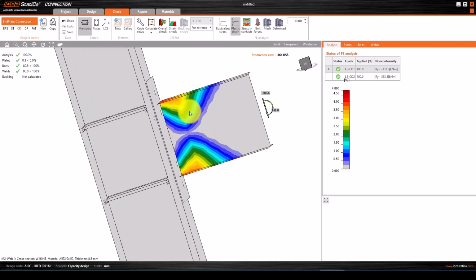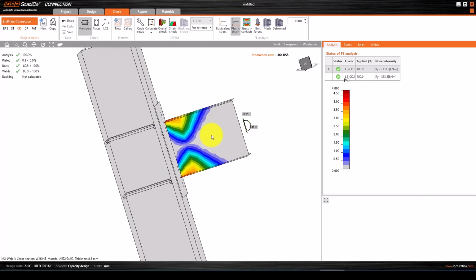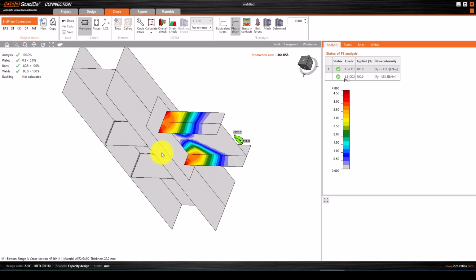So for preventing this strain here, you can add some extra stiffener in this location as well. Or instead of adding end plate here, you can add one extra plate here and connect this, make it more stronger. This depends on your ability and experience, how you can provide a very resisting beam column connection for